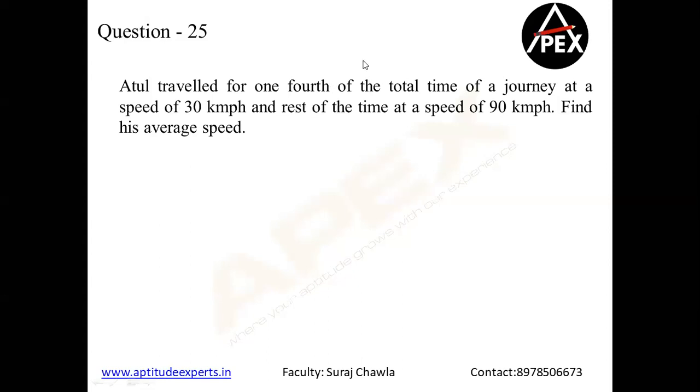Now, I repeat, somebody was asking me, sir, how did you assume 4? I repeat, guys, in aptitude, try to avoid fractions. Now, 1/4 of the total time, right? I write it like this. If I want to avoid fractions, I have to cancel my denominator. To cancel my denominator, I take a multiple of the denominator in the numerator, so 4 and 4 would get cancelled. Therefore, the value you get is t here.